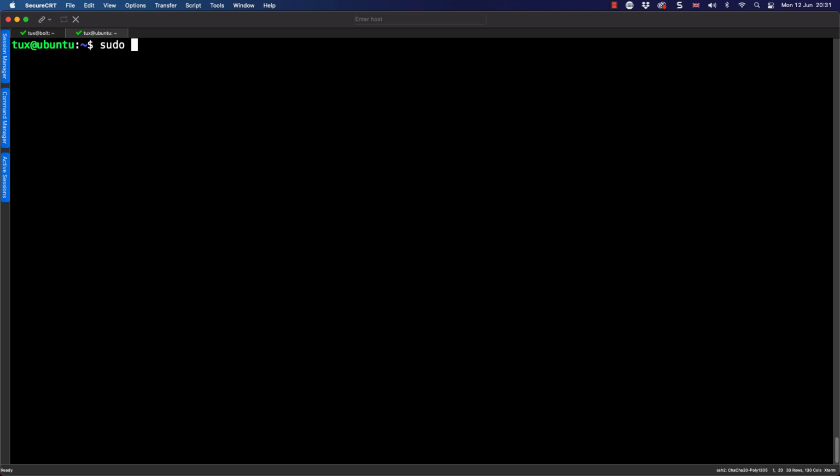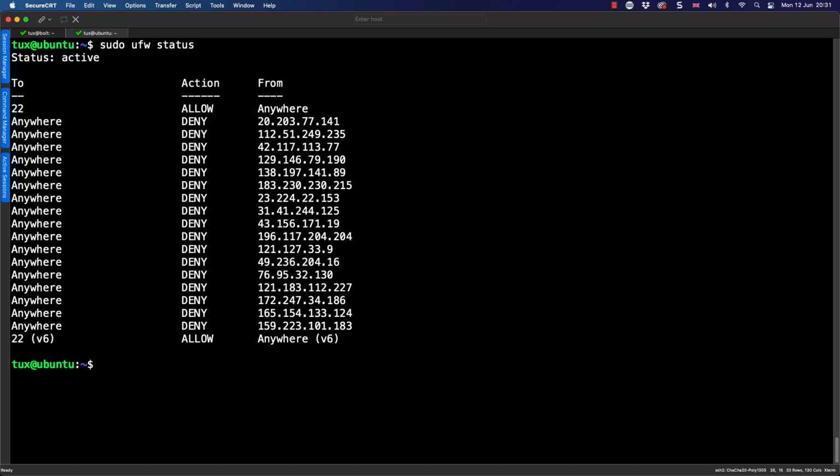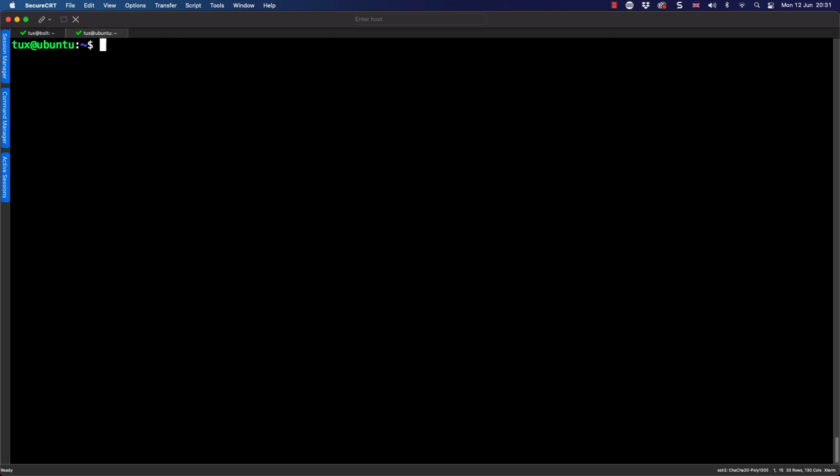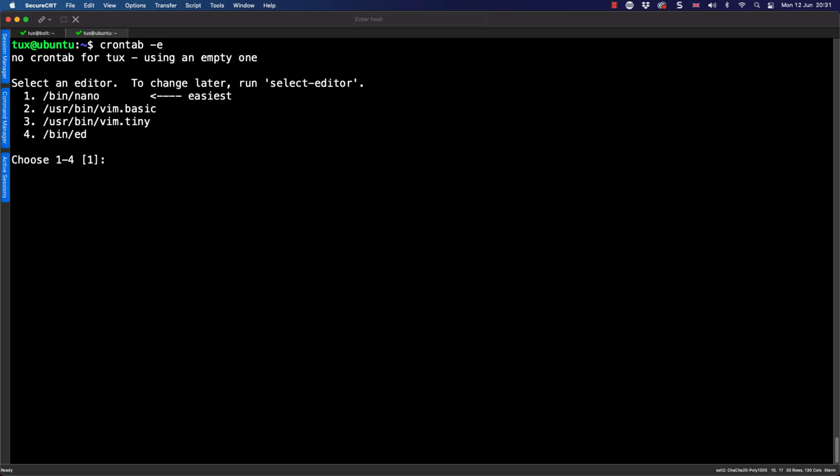Now the nice thing is I can run this script as many times as I want, and it's not going to affect my firewall. It's only going to add new IP addresses. So as we go through and look at the status, even though we've run the script about 3 times now, we can actually go through and see that we have just the straightforward, unique list of IP addresses. And again, I can go back and run this again, and it's not going to cause me any issues. So that means that I can create a cron job for this.